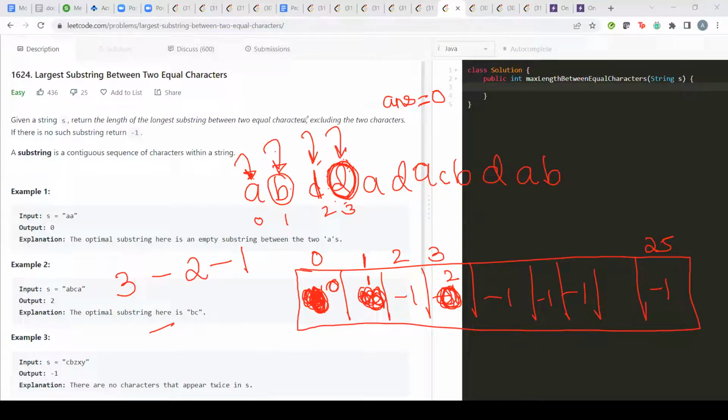Is this understanding making sense, right? So I don't do anything because I'm just interested in the first occurrence of D. So chalo badhte hain aage. Now I come to this index number 4 and this is an A. So I go to my table at index number 0 and I see